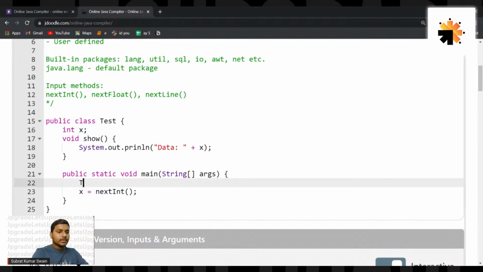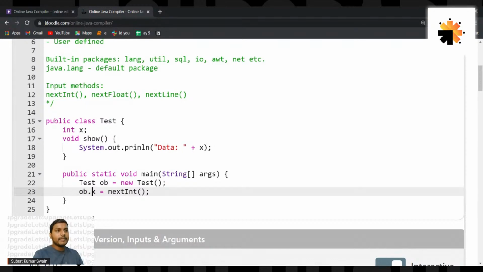Let's create one: Test ob equal to new Test. So we have successfully created an object of the Test class. Now I can access x by using that object, ob.x. But now let's talk about nextInt. Can we use nextInt directly? The answer is no, because this method is actually a member of a class